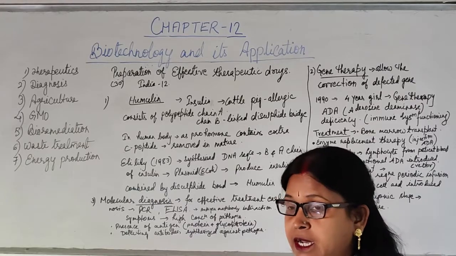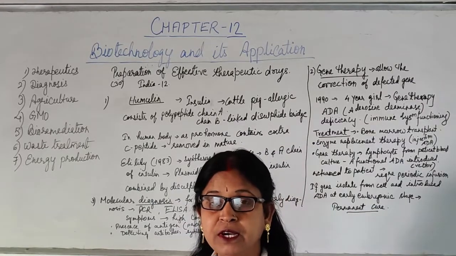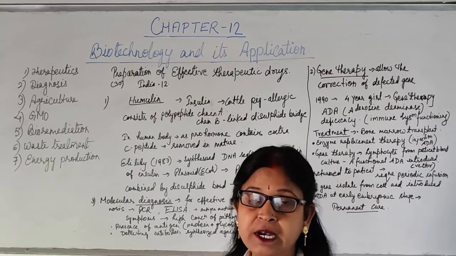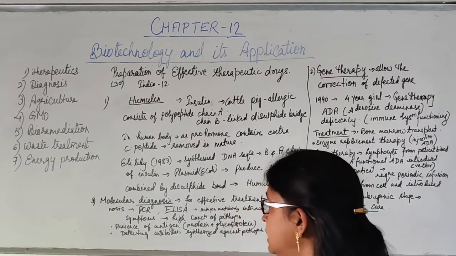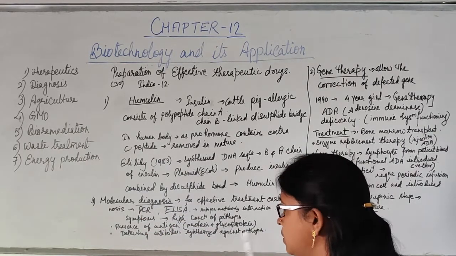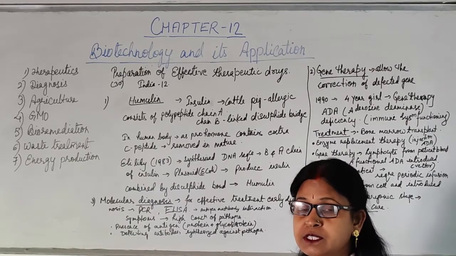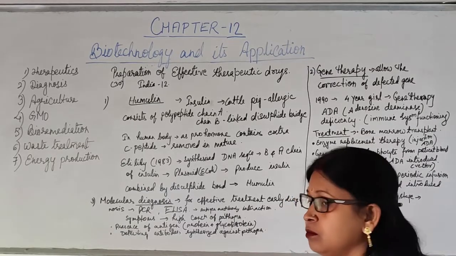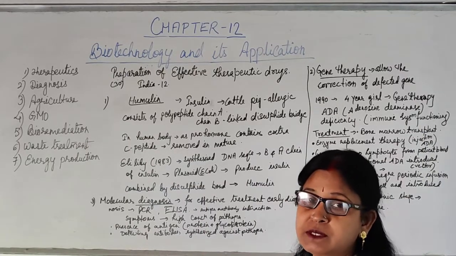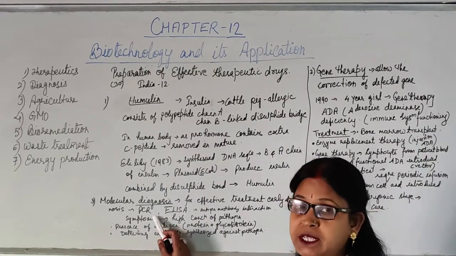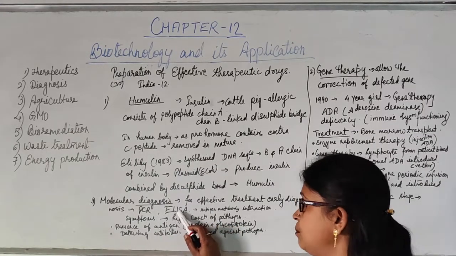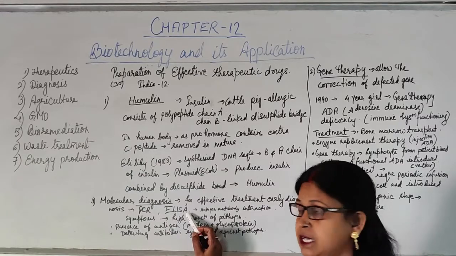Actually, for any effective treatment of any disease, the diagnosis must be at the earliest stage. And that is known as molecular diagnosis. So, for effective treatment, because we know early diagnosis is required, there are some techniques in rDNA technology which help in this process, like PCR, polymerase chain reaction, then ELISA test, that is enzyme linked immunosorbent assay, and